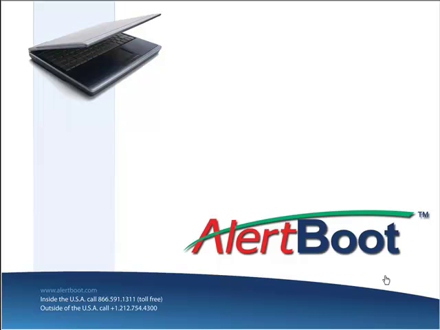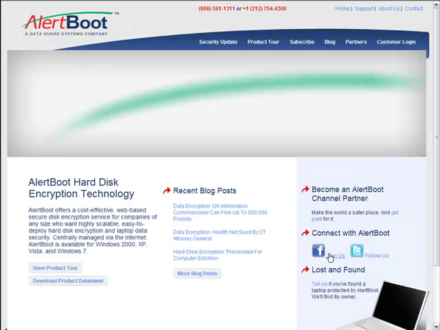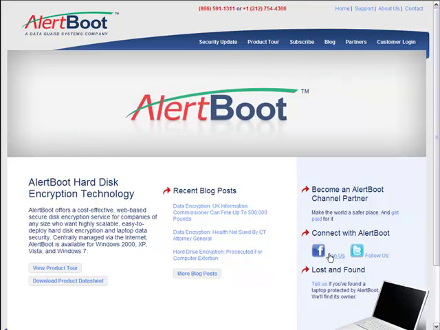And with our administrator reporting features, you'll have a real-time security snapshot of all machines in the field for compliance